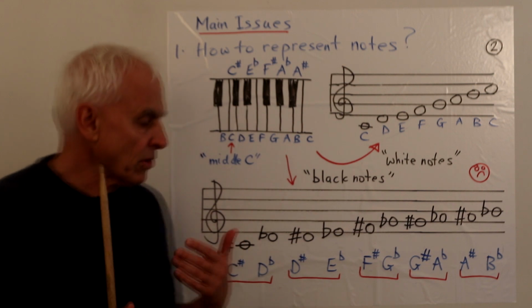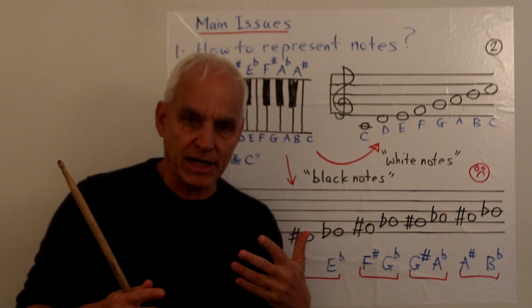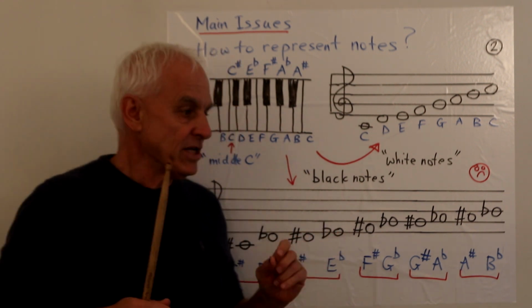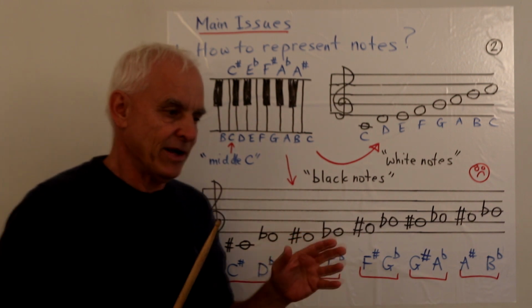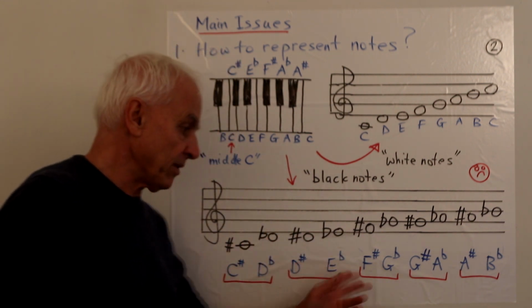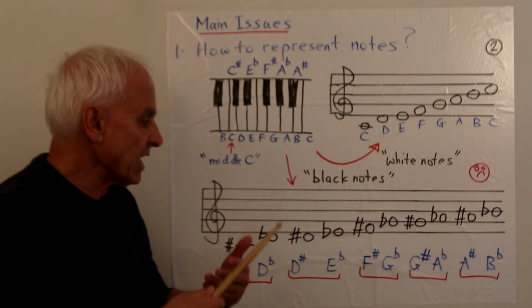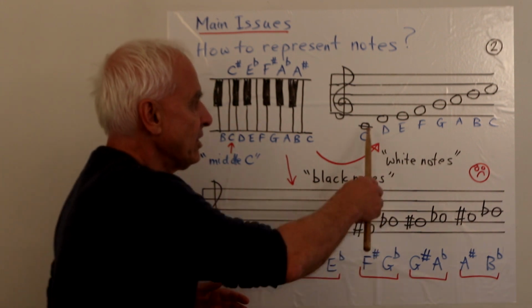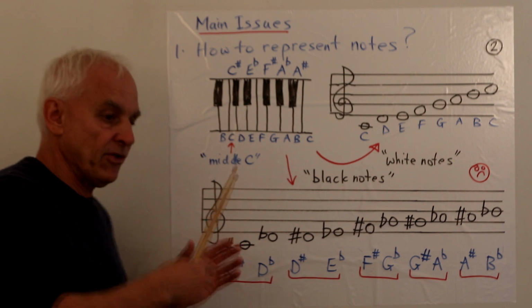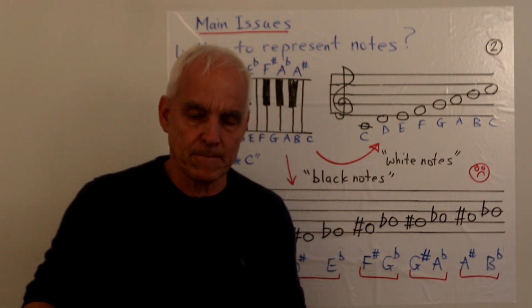And here's the source of a lot of difficulty and challenge for playing music, is that if you're not just always playing in the key of C, dealing with these black notes is a lot more cumbersome, because first of all, they have this duplicity of representation, and there's an auxiliary aspect to them. They don't fit so easily into our staff notation. We have to have these special symbols, the sharps and the flats, and we end up thinking of them as sort of secondary to the white notes.